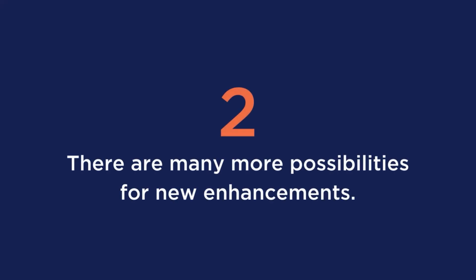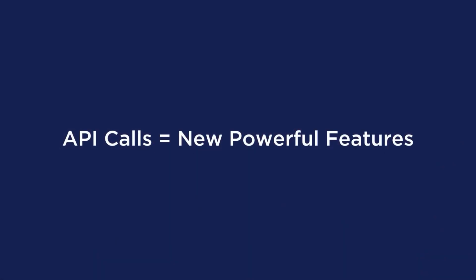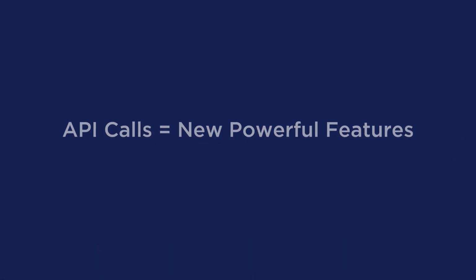Second is that the asynchronous method opens the possibility for many new enhancements. With this major change in 3.11, we'll now be able to work on new powerful features happening at the same time that we process the used CSS relying on API calls. Consider the new remove unused CSS as a sneak peek of WP Rocket's future.